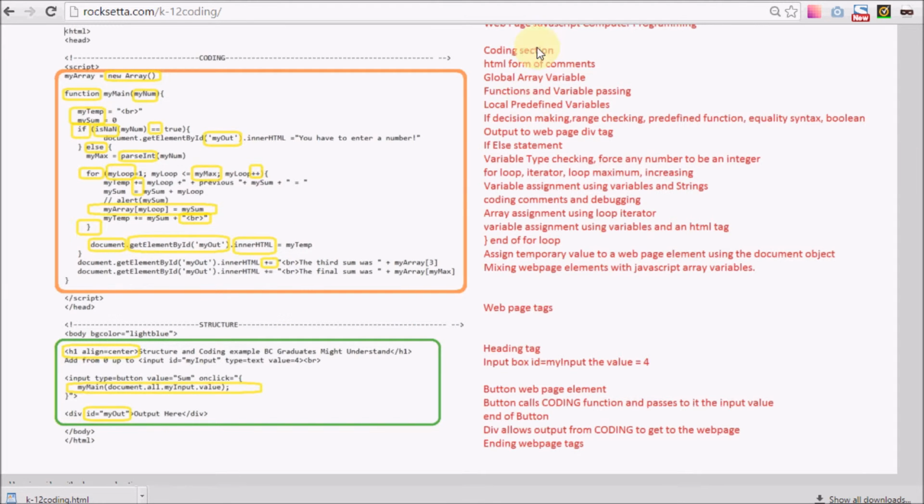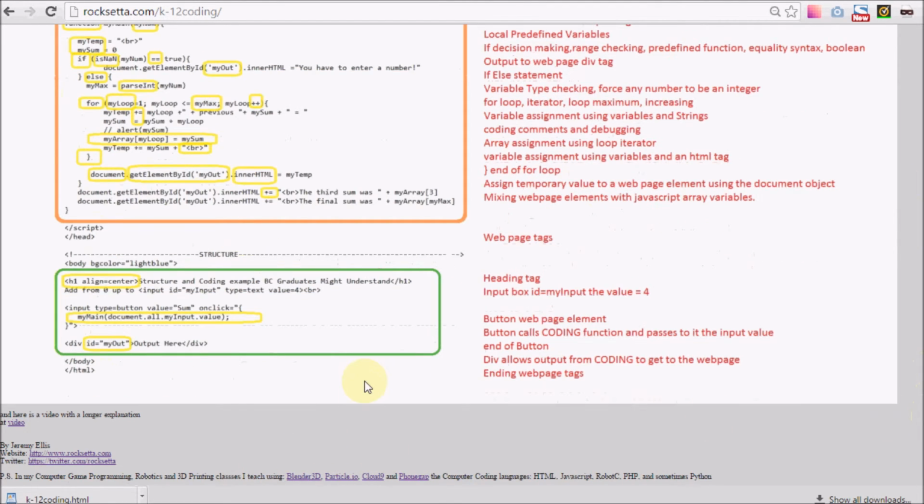I have a diagram reminding you of all these things that are important in this program, that the coding is above, the structure of the web page is down below, information here on my website, and at the end here,